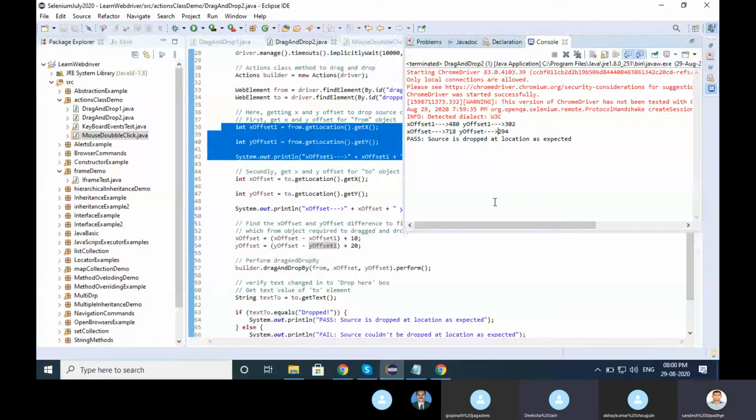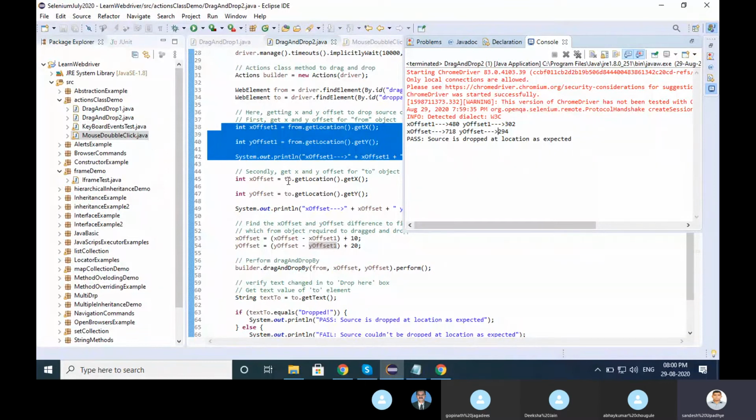So before that, they are storing the value of x1. They are taking the value of x offset 1 from get x, meaning the first value of x goes in x1, and the second value of x goes in normal x. Then they subtract x offset minus x offset 1 and add 10 from the pointers, like 480 minus 718 minus 480 plus 10. They have printed the first x and y coordinates.